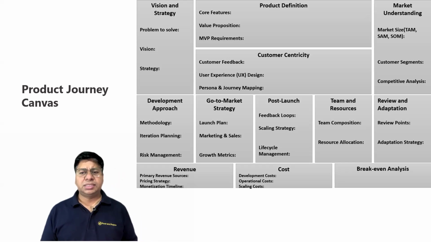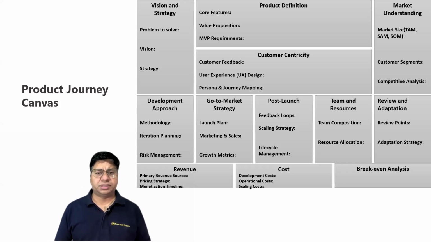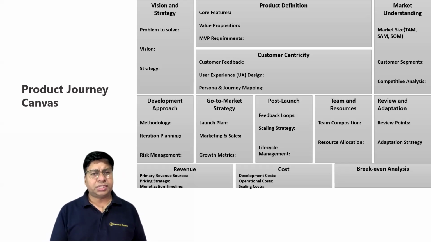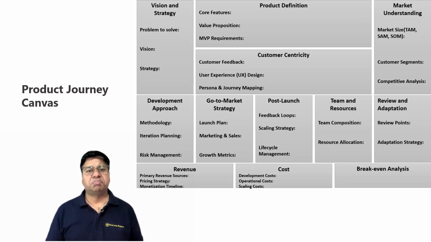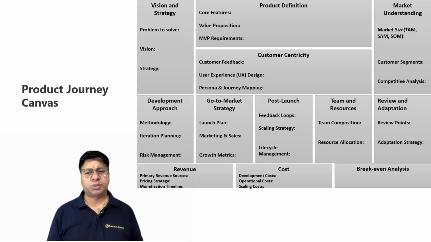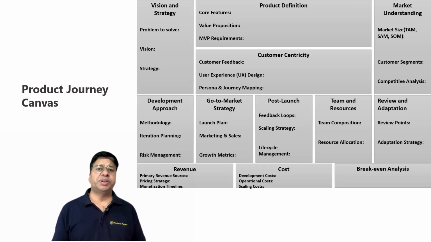The next is review and adaptation. What are the review points? When do you assess progress? Maybe quarterly, six months, monthly, whatever earliest possible. What is the adaptation strategy? How will you pivot when needed? Right? And in the bottom